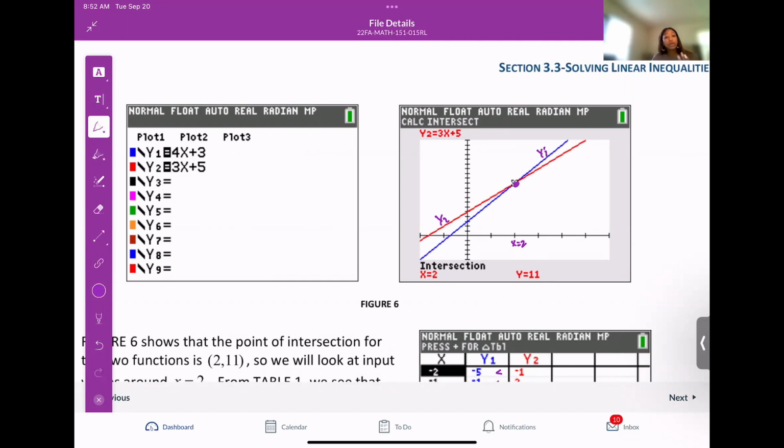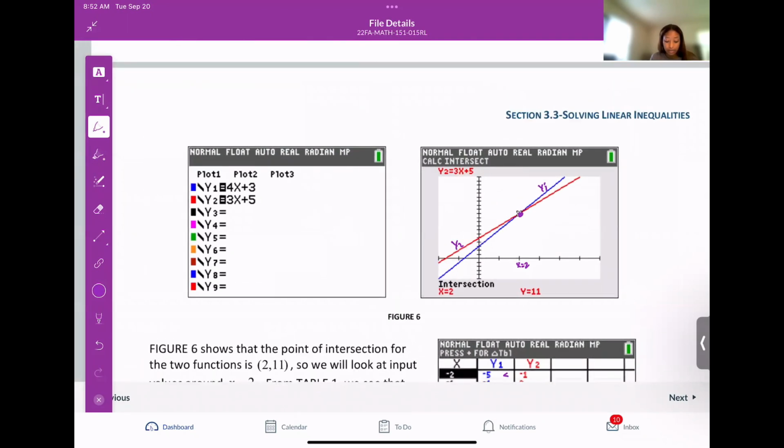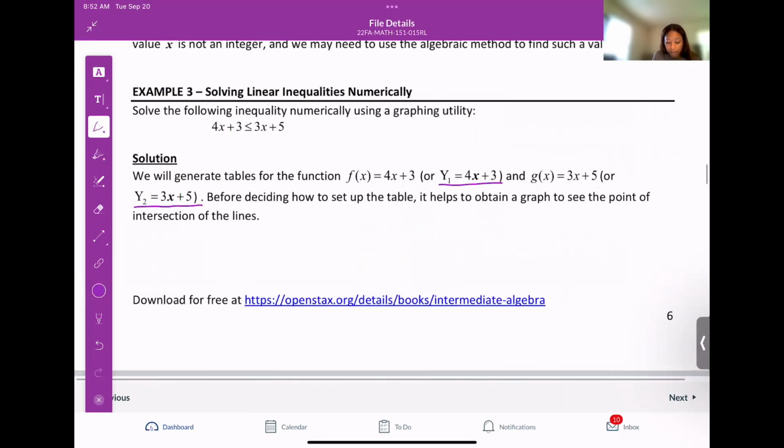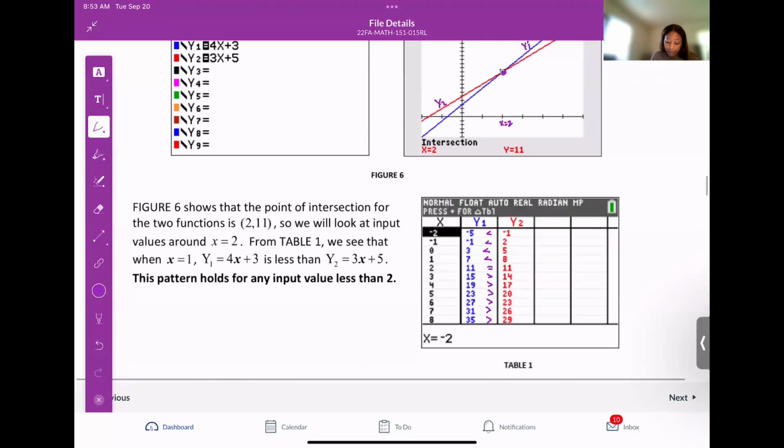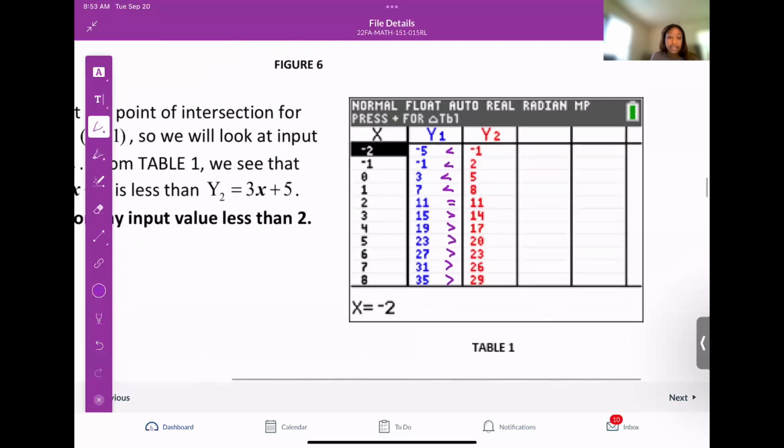All right, so what do we need to solve our inequality? Go back to the beginning of the problem. We're trying to figure out when y1 is less than or equal to y2. Then according to our table and our graph, but we'll look at the table because we're asked to solve numerically,